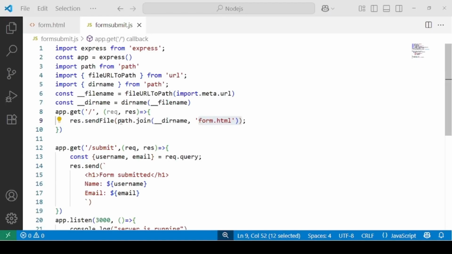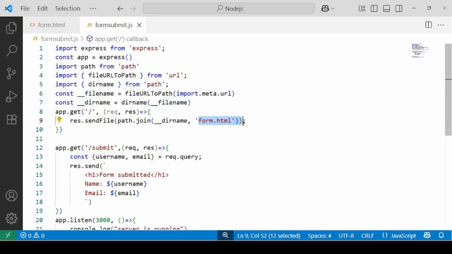Now let's understand what this expression does. This expression creates a complete file path by combining your current directory, which represents your current directory, along with the subfolder if any, but I have not mentioned any subfolder because my file is outside the subfolder, and your actual file name. Now this ensures that the path is correctly formed for any operating system you're using, Windows, Linux, Mac.